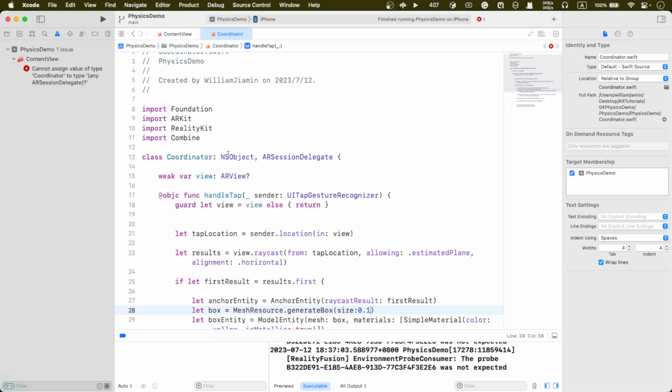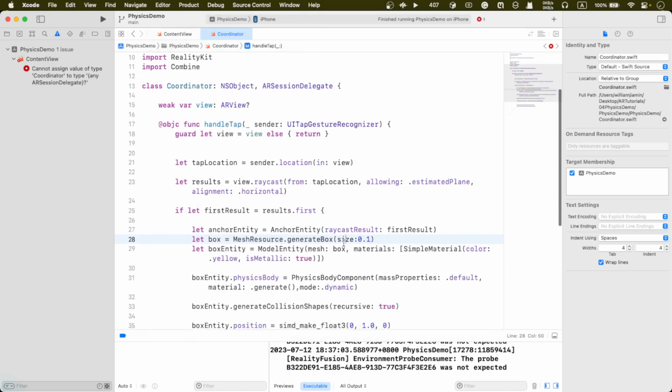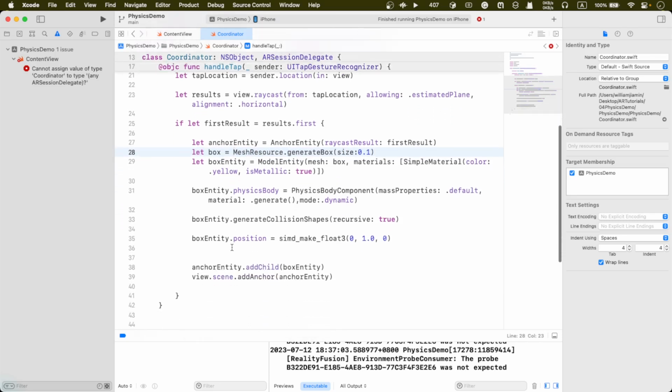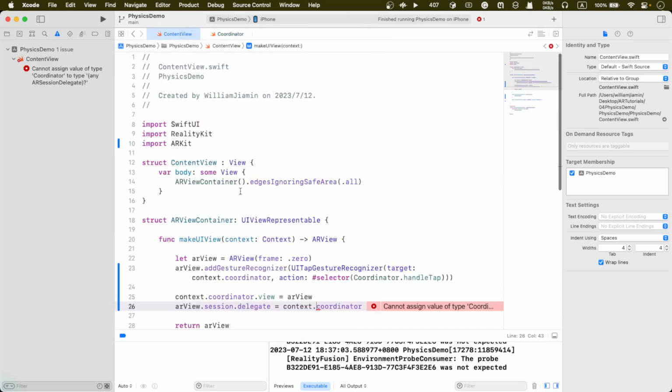Okay, and then I deleted the widths and heights and depths because I simplified the code to just use the size 0.1, generate that, and pass that in. Of course, you can just delete this intermediate step and pass it inside the mesh. It can also work. Okay, and everything else looks good. And of course the assignment of the coordinator